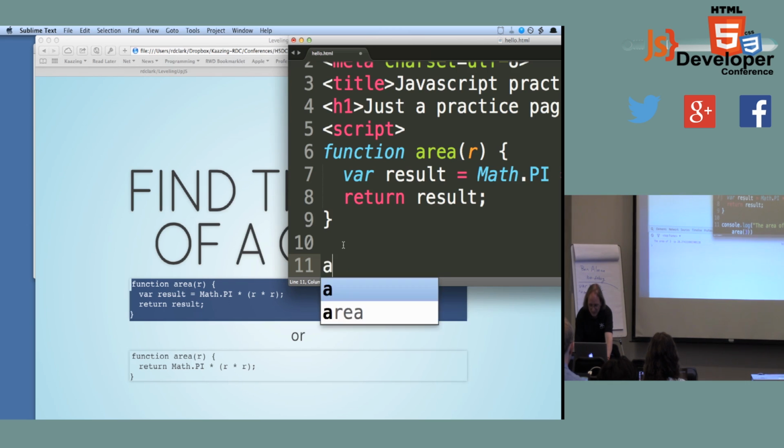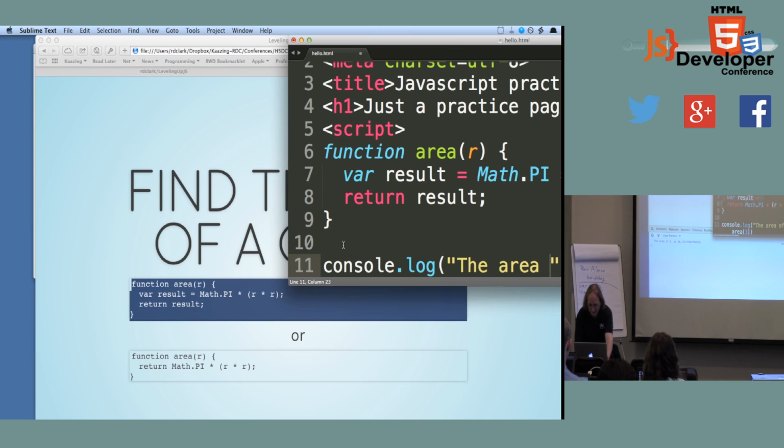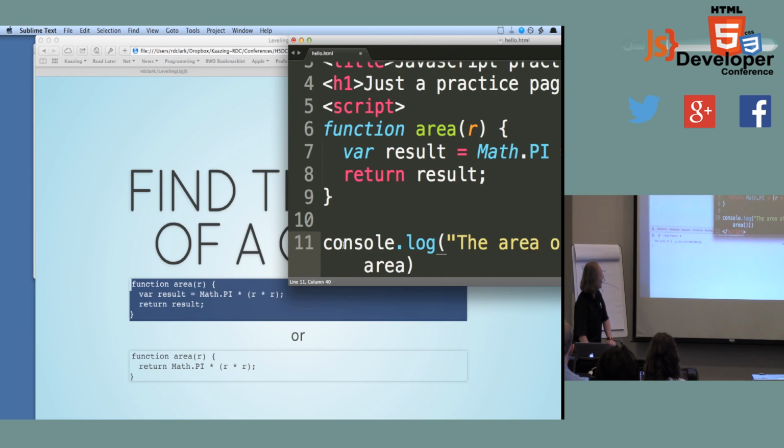I can also shorten this up. I really don't need an intermediate variable here. I could actually just do that. But I didn't want to be quite that terse. Two semicolons, it actually doesn't matter. Actually, the last statement here doesn't need a semicolon at all, but it doesn't hurt you to leave it on.